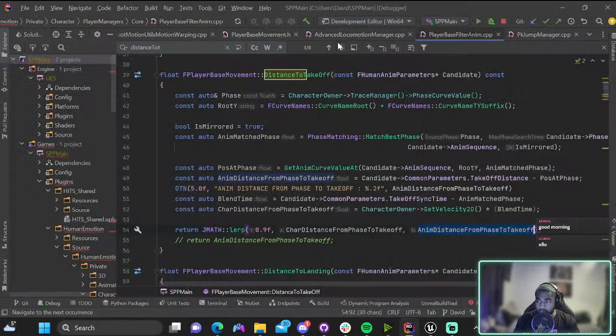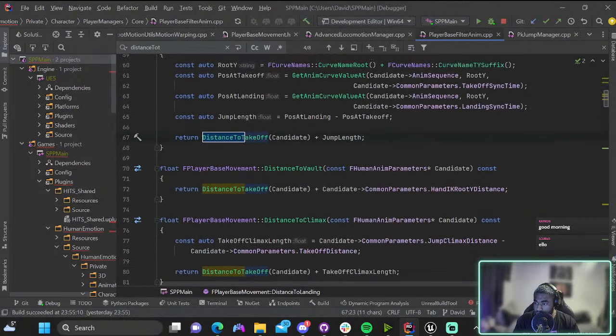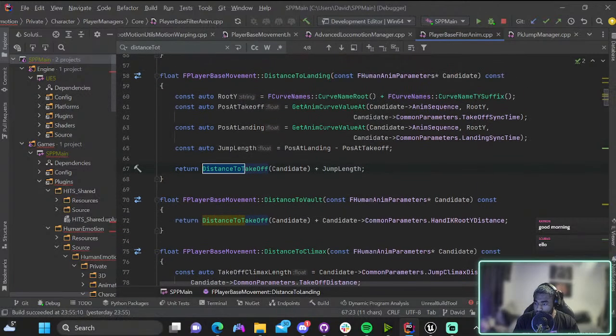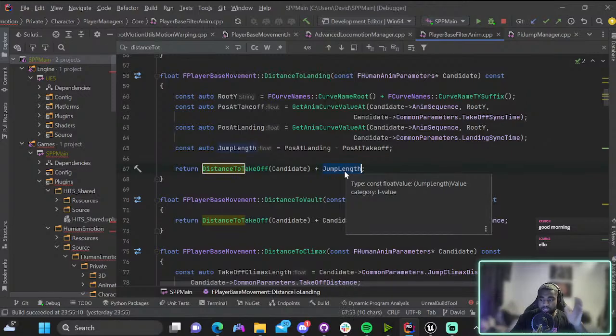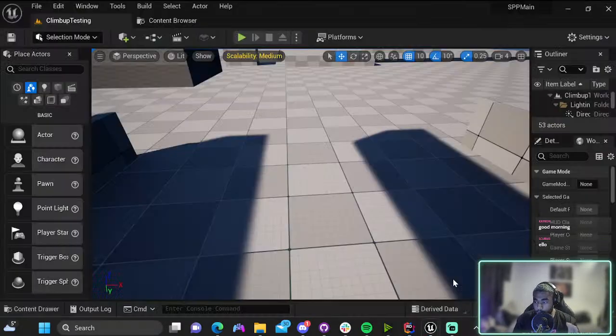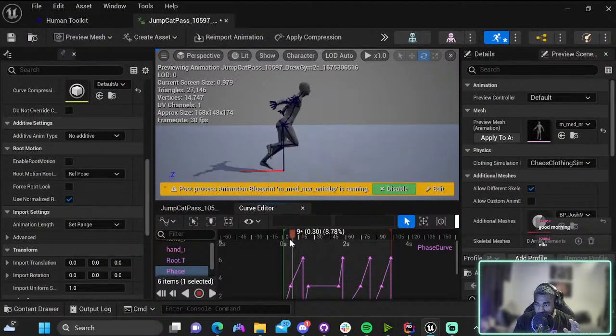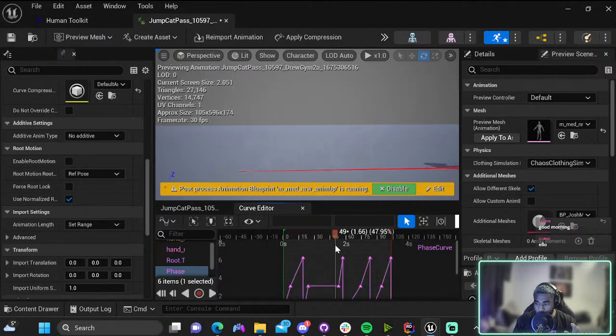We then go ahead and weight this, right? This distance to take off, in order to decide which phase? No, this is where you are wrong. We don't weight that. We weight that distance plus the distance to that's fine. Yeah. So it's the distance we go to take off plus what you'd, because the